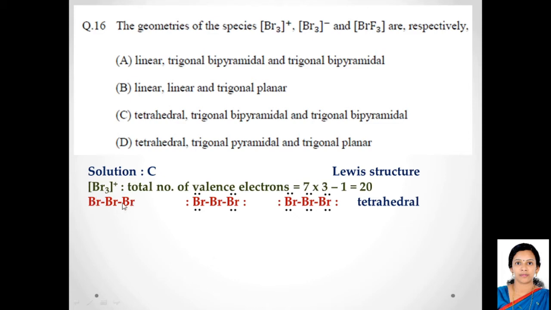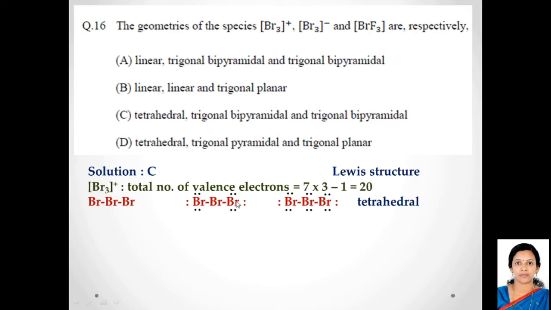Now, the next step will be to arrange the bromine atoms. So the best arrangement is this, the 3 bromine atoms in a line. And then once we have arranged them and we have put bonds between them, the next step will be to complete the octet for the outer bromine atoms. So we will put pairs of electrons on the outer bromine atoms so as to complete the octet. For this bromine, there are 2 electrons involved in the bond with the neighboring bromine, and then there are 3 lone pairs of electrons surrounding this outer bromine. So basically there are 8 electrons here. Similarly, we can put 8 electrons on the other side also.